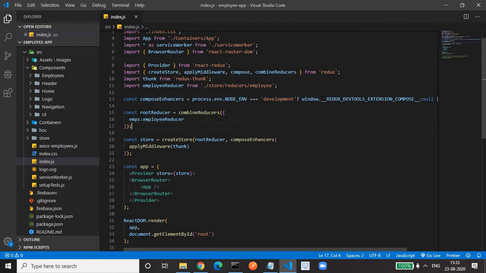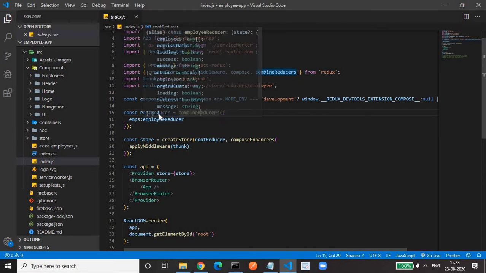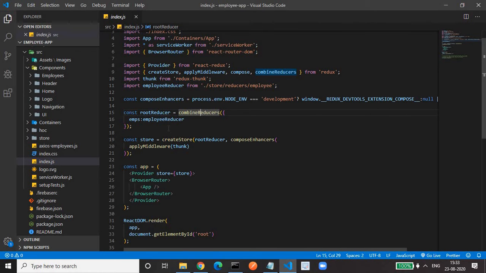Then comes the important concept, combineReducers, in which we combine all our reducers into a single root reducer. In our application, depending on the state, we can have multiple reducers. In the current application, we need only the employee state, data related to the employees.